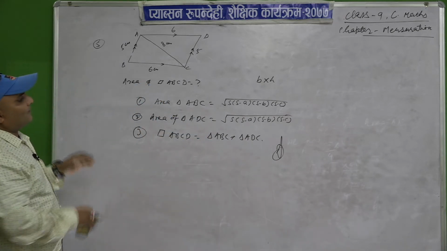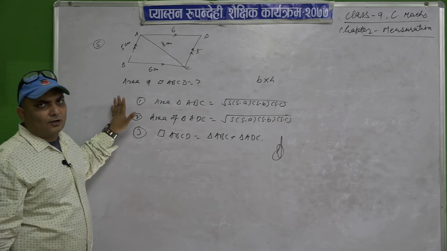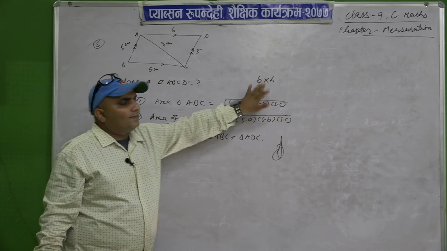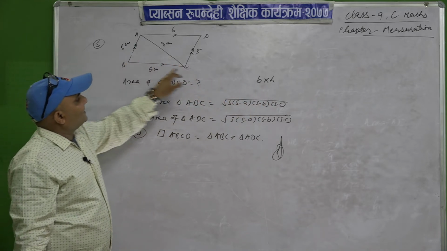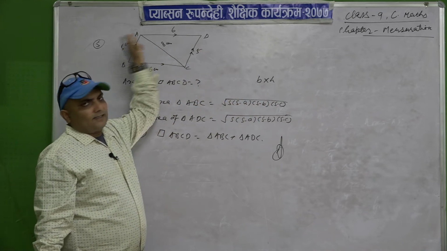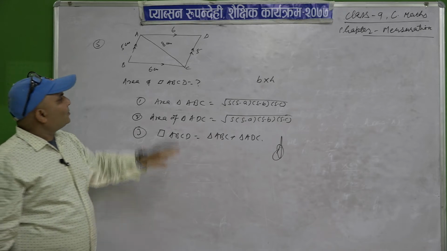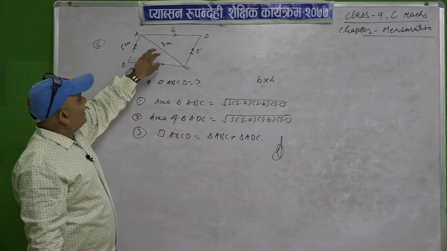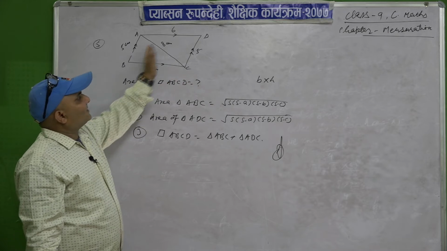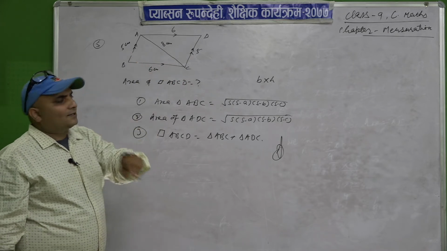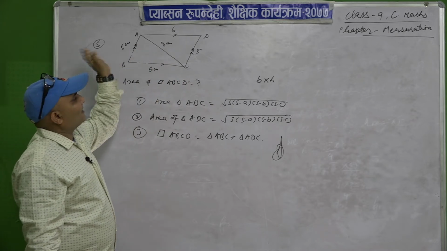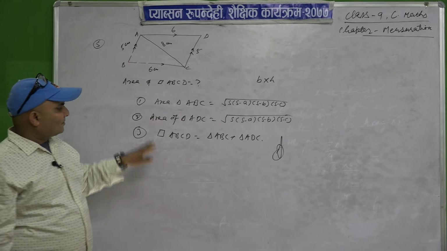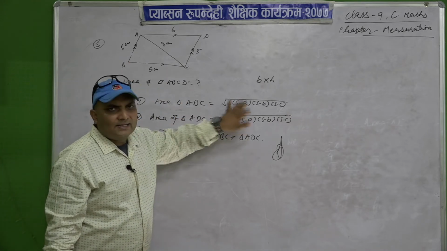Now I am going to do another question. Is it clear or not? When height of the parallelogram is not given, then in this condition we find the area of this triangle and this triangle, and then we add. Or you can find out only area of this triangle and multiply by 2, because each diagonal of the parallelogram divides the parallelogram into two equal parts. So by finding one equal part, you can multiply that triangle, you will get the value of parallelogram. Okay, don't find 2 times, because the value will be same.